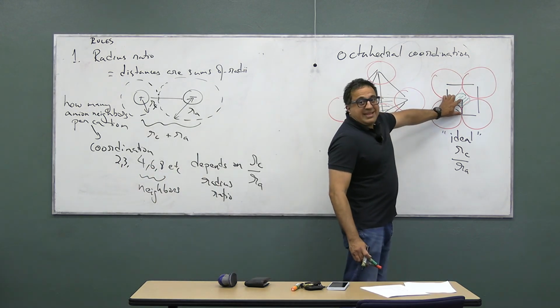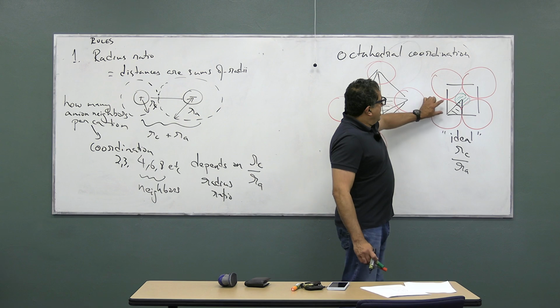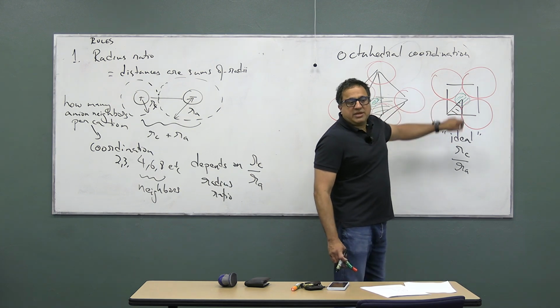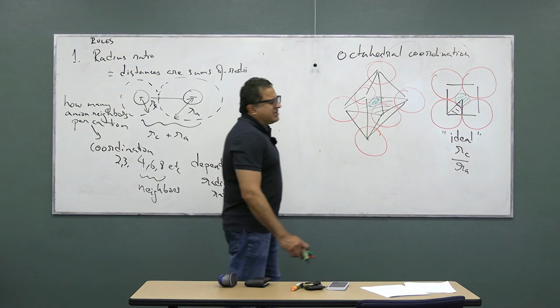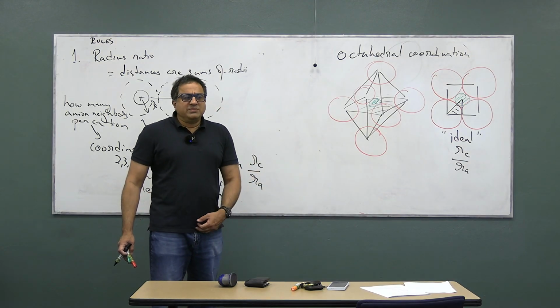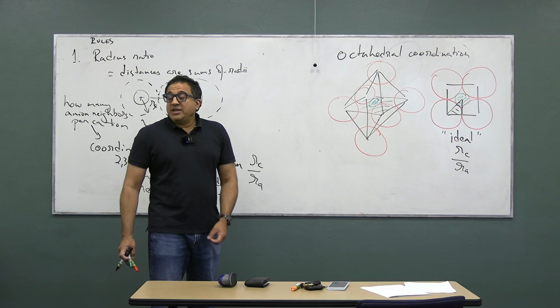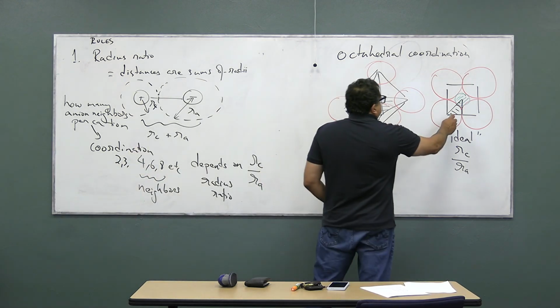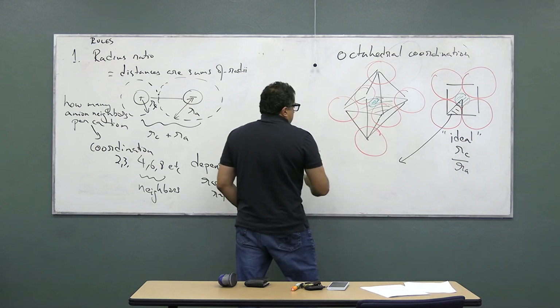And this length is the same as this length. What's the triangle called where two sides are equal? Isosceles. So for this triangle, apply Pythagoras,